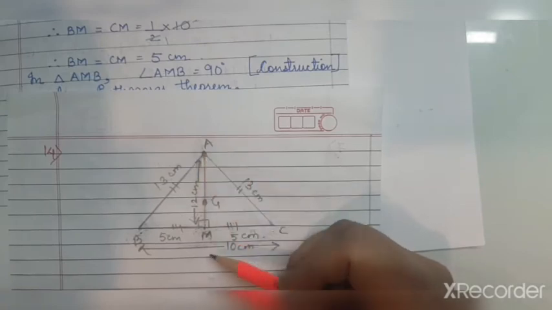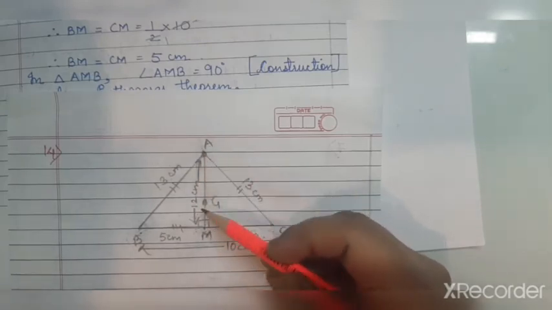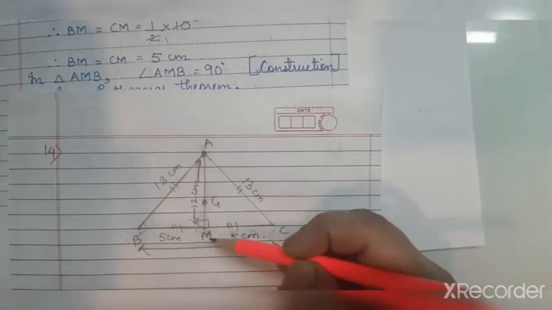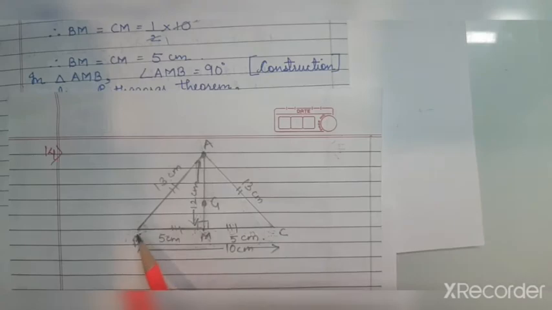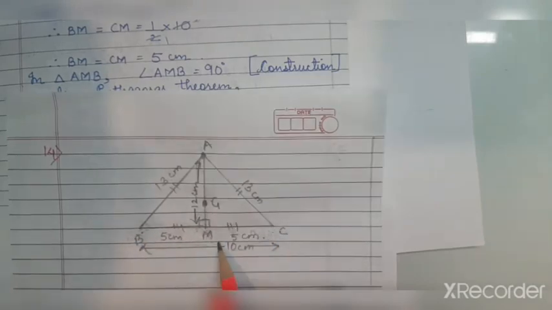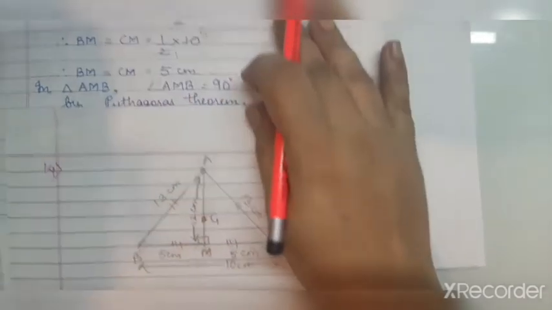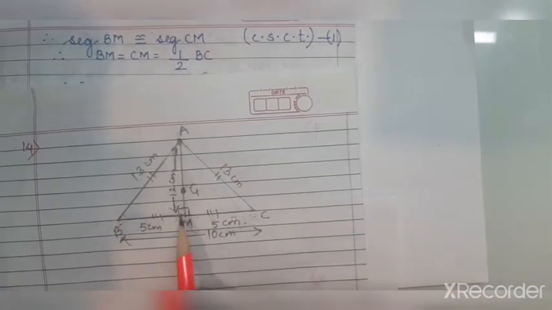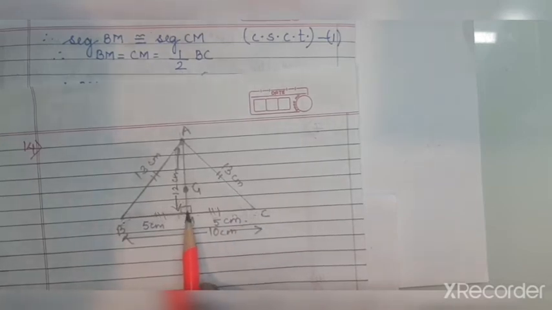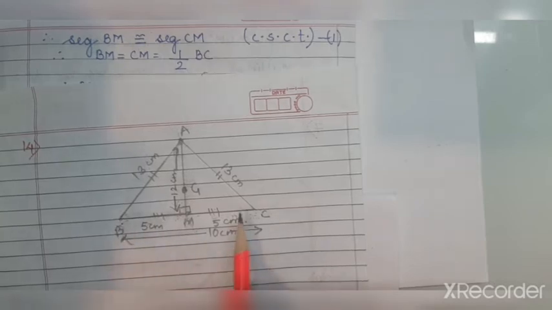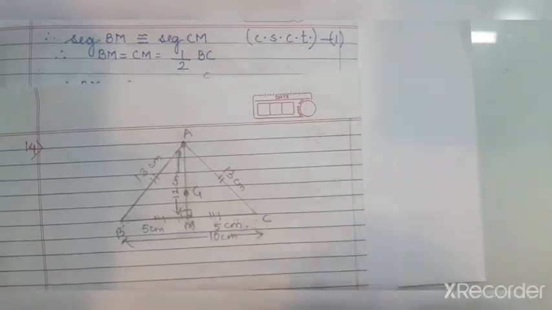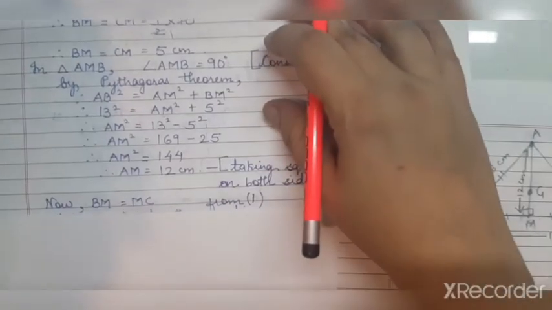So when we get AM, I told you that we can find AG, but only when we prove AM is a median. So first we have to prove that AM is a median. Just before, we proved that BM is equal to CM, correct? Which is given here, BM is equal to CM, CSCT. After proving BM is equal to CM, that means M is the midpoint. If M is the midpoint of BC, then AM becomes a median. So the same thing we will mention.